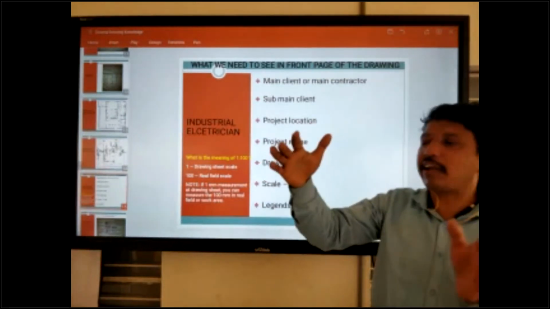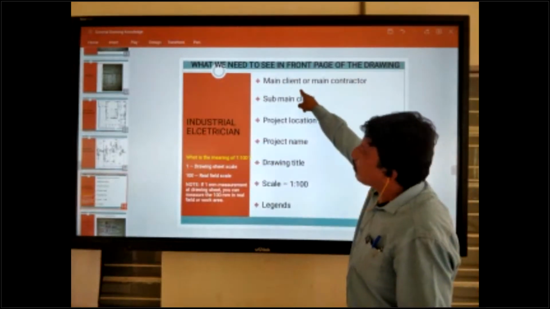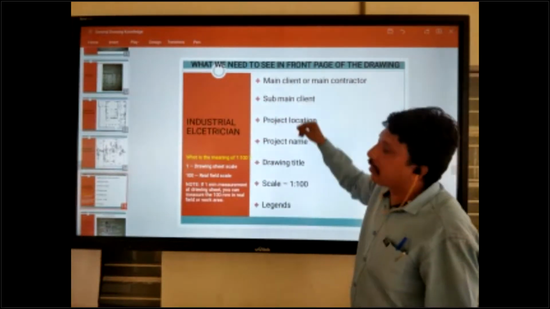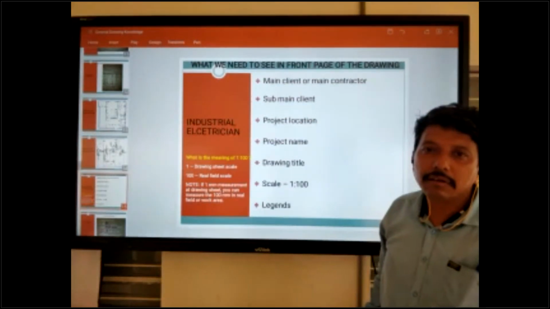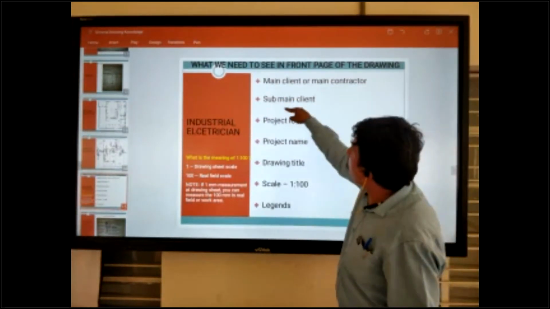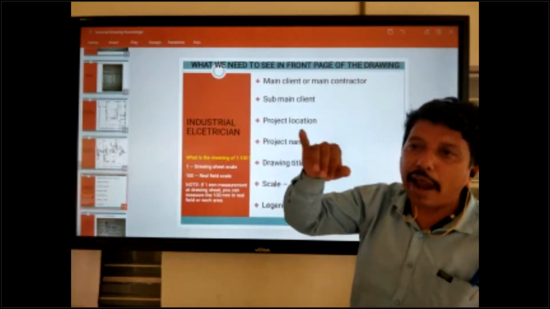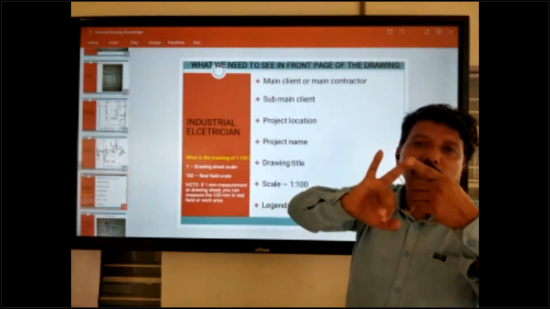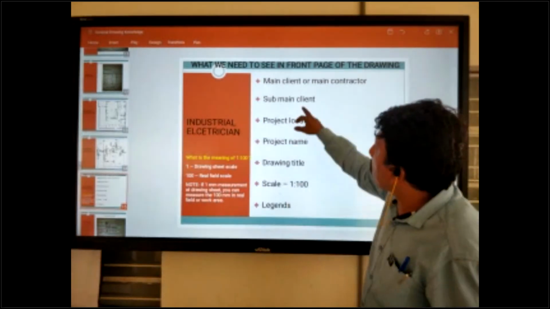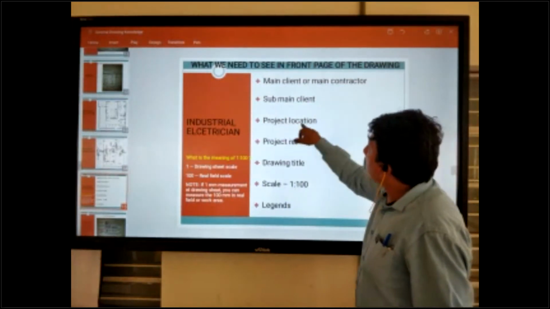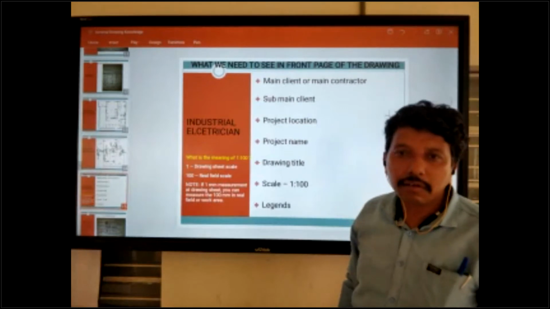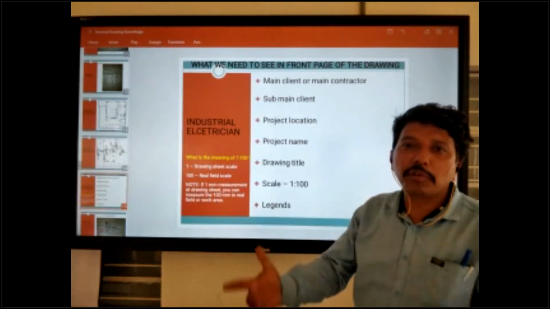As per company category, main client give to work in sub main client. So you can check the sub main client with the sub main client as per work. Electrical sub main client is who, and mechanical sub main client is which company. You can check by sub main client. Project location. Where is the project location?